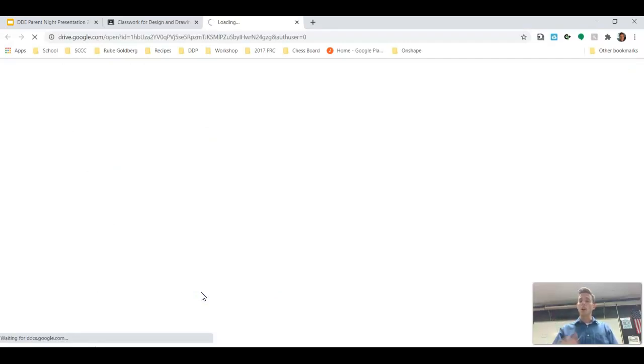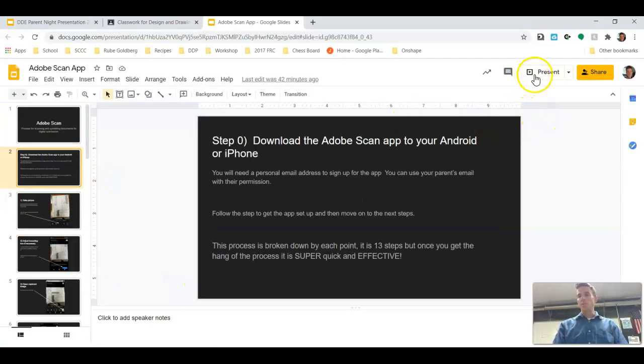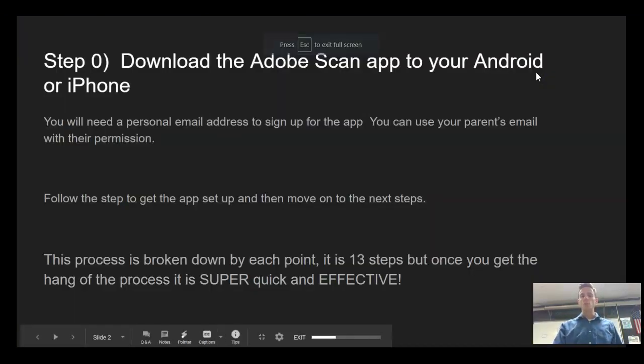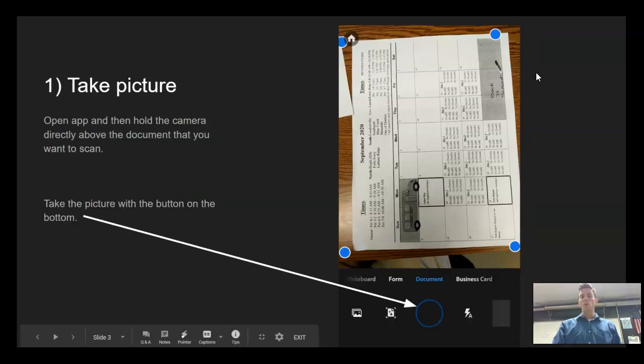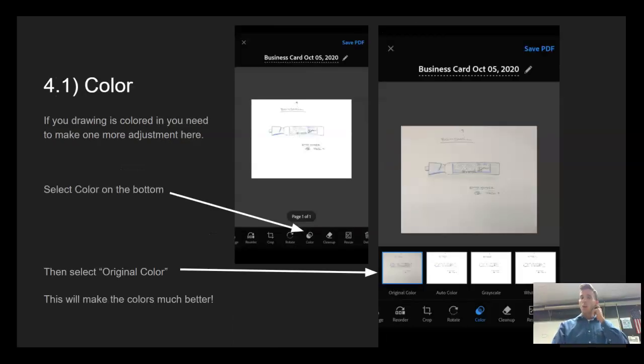If your students are having a hard time with the Adobe Scan app, I do go step by step through this in this slideshow. As we look at this, and again, I'm not going to run through this whole presentation here, this is just a list of instructions that I've created for students to go through and take their pictures, from how to rotate their image, which I do take off 10% if they don't rotate their image upright,